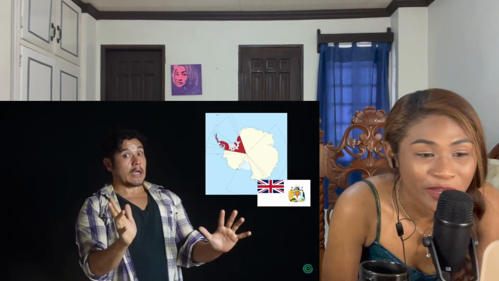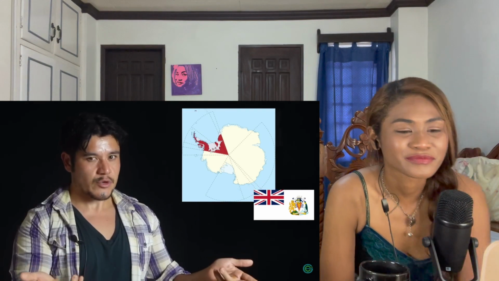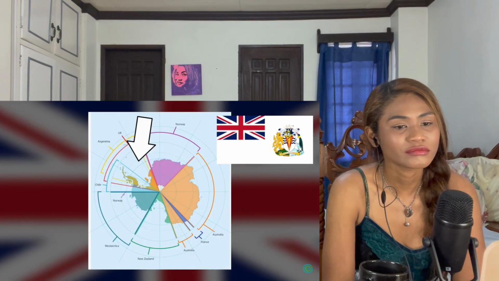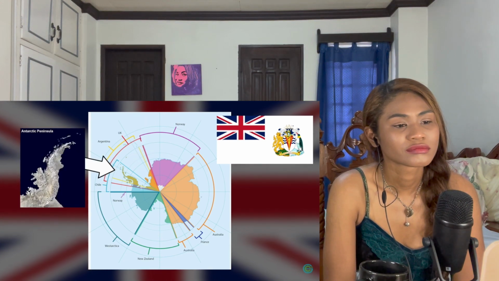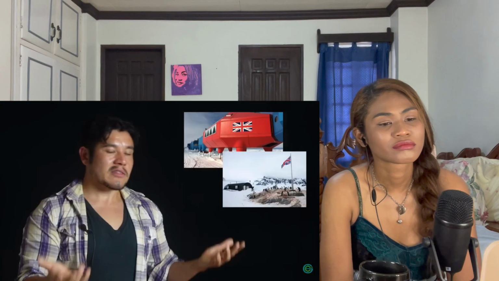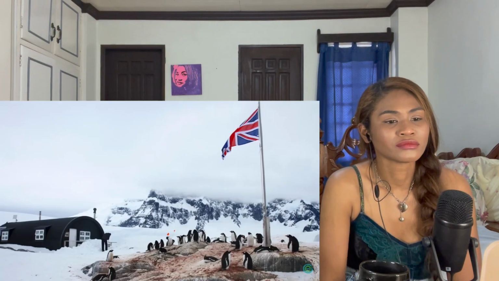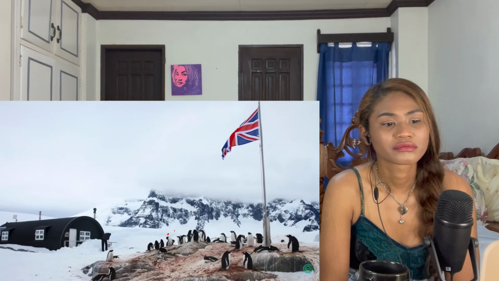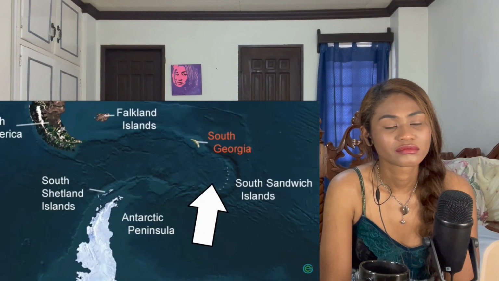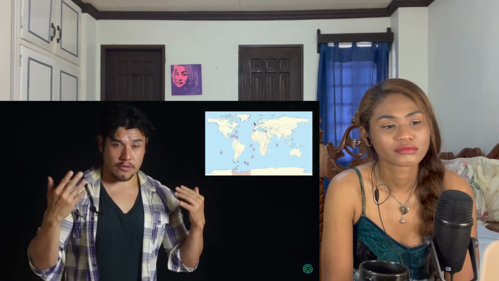And finally, depending on how you look at it, the UK has a claim on Antarctica, despite the Antarctic Treaty, which states that no one can really claim any part of Antarctica. This slice wedge of land includes the Antarctic Peninsula, which also has areas that are also disputed with Argentina and Chile. This is where the British go when they want to explore and research the Antarctic, which makes sense because it's just kind of a hop skip away from the South Georgia and South Sandwich Islands. So yeah, so there you go.